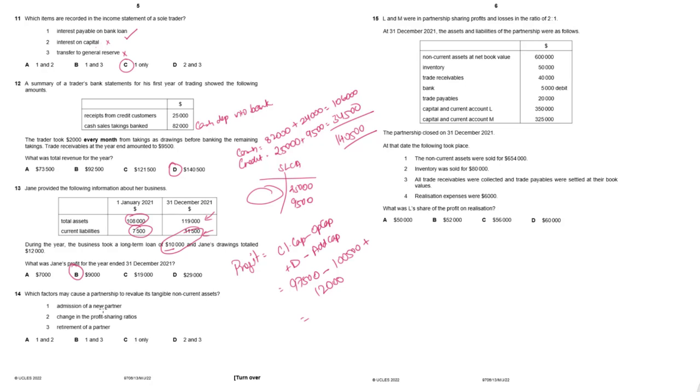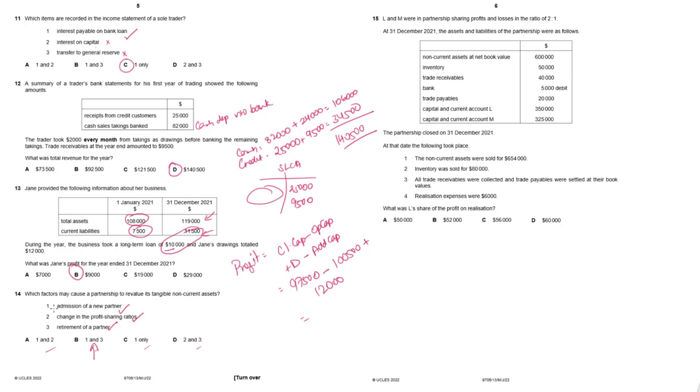Which factors may cause a partnership to revalue its tangible non-current assets? In what situations will you revalue assets? Admission of a partner, yes. Change in profit sharing ratio, yes. Retirement, yes. So our correct statements are 1, 2 and 3, but I cannot see the options here. When I see the marking scheme, the correct option as per the marking scheme is 14B,